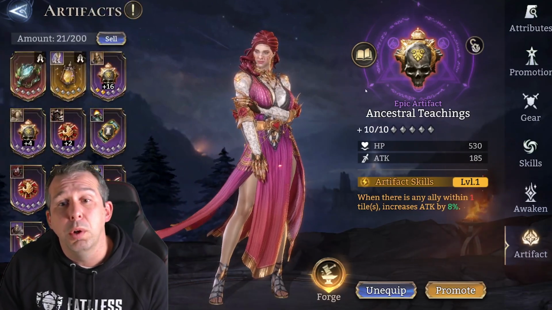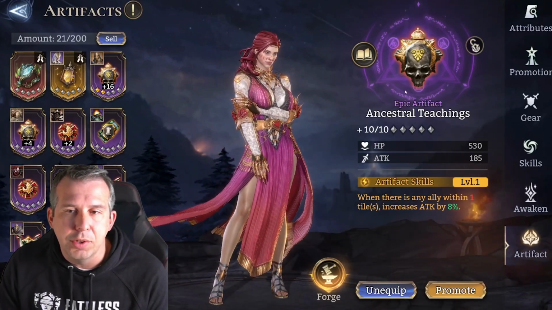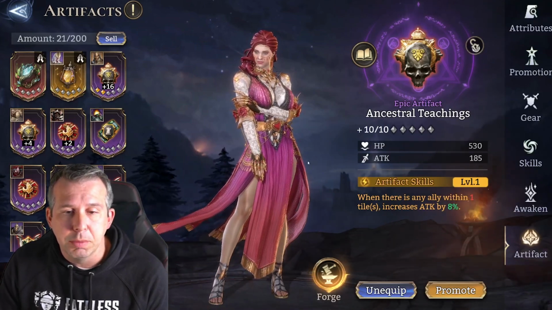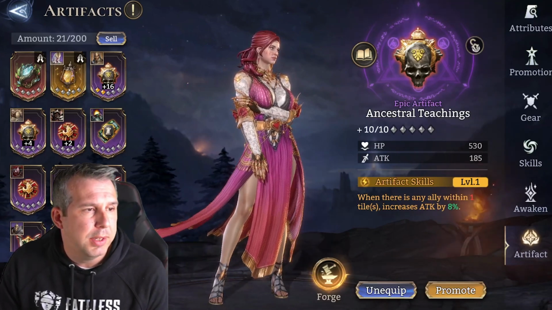Or no, sorry, you can select whatever artifact you want on heroes, but you want to make sure you're bringing one that's going to give value to that champion. So a Dolores, for example, you just want to pump attack as much as possible. So you want to try and get an artifact which is punching on that boost. Yeah, versus a